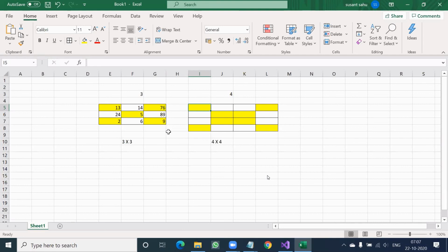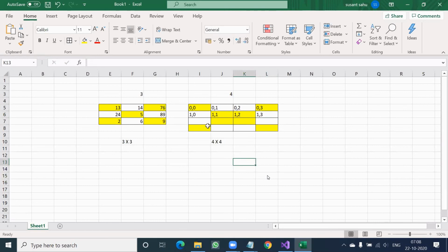For example, suppose this is 0, 0. This is 0, 1. A little bit of a hint I am giving; the rest you will try. This will be 0, 2. This will be 0, 3. Are you in the same line? These will be the indexes. This will be 1, 0. This will be 1, 1. This will be 1, 2. This will be 1, 3, and so on.